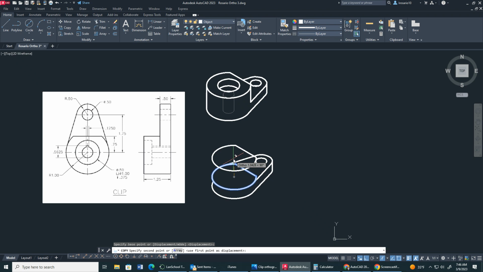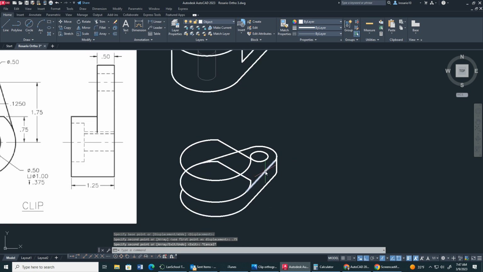Now, we have to raise it up, whatever is 1.25 taken away by 0.5, which is 0.75. So I'm going to type in 0.75. See that right there? I'm going to draw a line